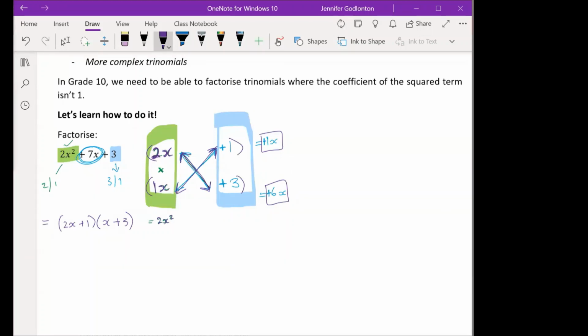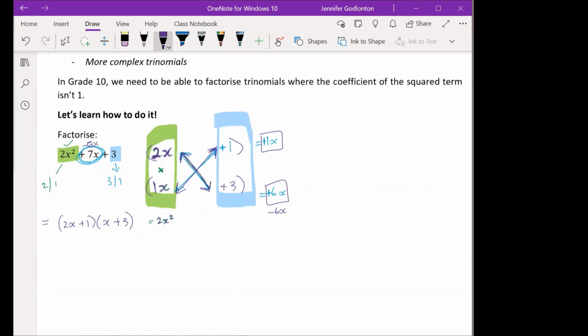Ma'am, the signs. You see the signs, ma'am. If the 3 at the back was a negative, was the 3 in the bracket in your answer going to be a negative as well? Yeah. So if this was a negative 3, then this over here would give me -6x. And so that would have to be a positive 5x. I mean, sorry, -5x, because that would be -6x plus 1. So we automatically change the sign to get to the middle term. Exactly. We change the sign just like that.